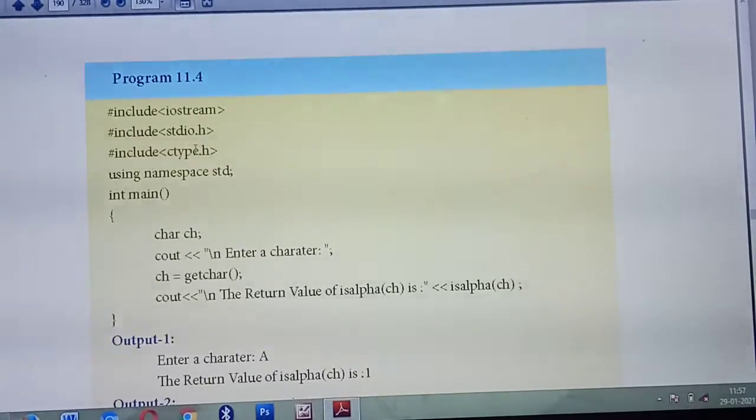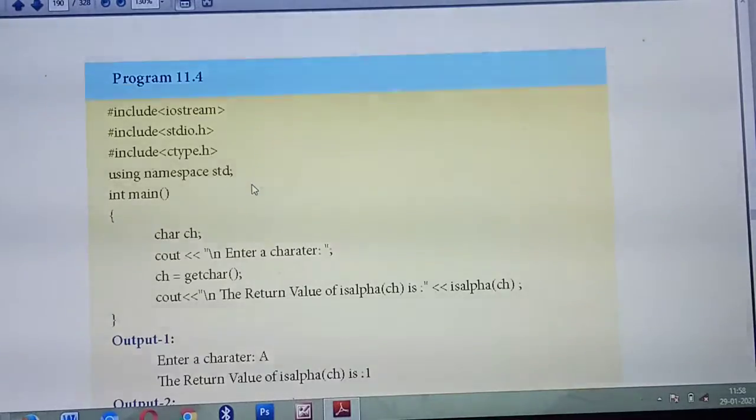So you are giving which header file? stdio.h. Okay. Then the third one is ctype.h. Why? Because in this program you are going to check the character functions. So for character functions, which header file do you need to give? ctype.h. Understood? Why you are giving three header files and what's the use of the three header files? Understood? Okay.